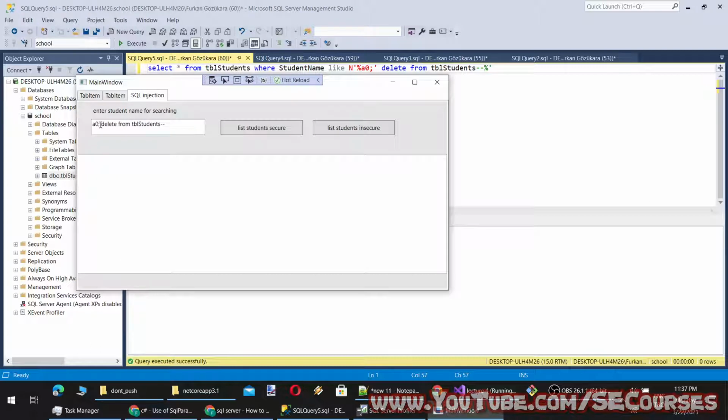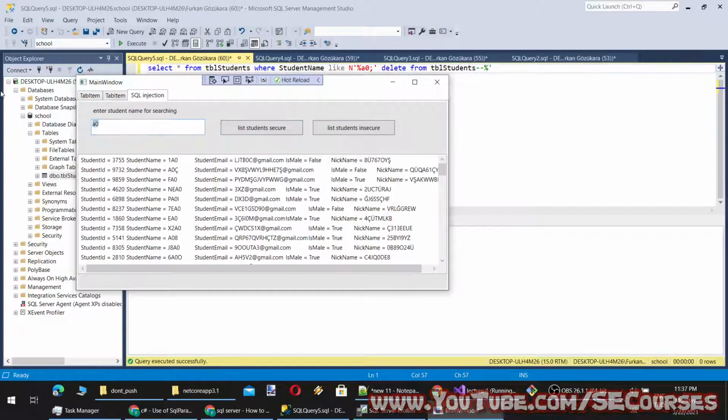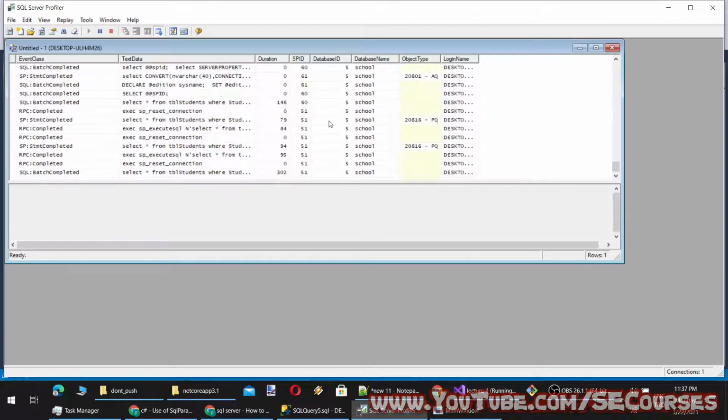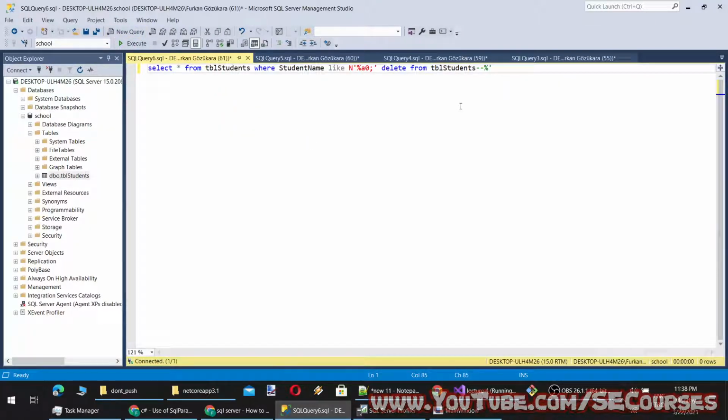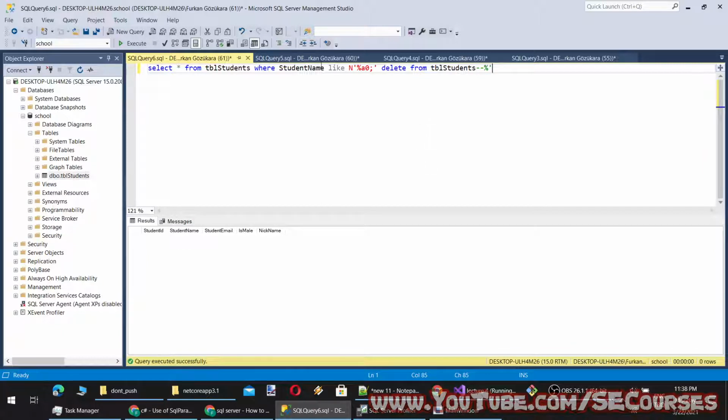So we have to modify our query a bit more. Let's try with secure and see if it is working. Yes, secure didn't delete any, and now insecure. Let's see the insecure command. Here is the executed command, and it has deleted all the records.